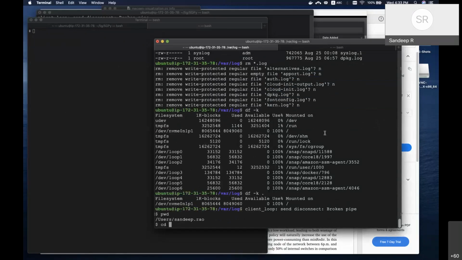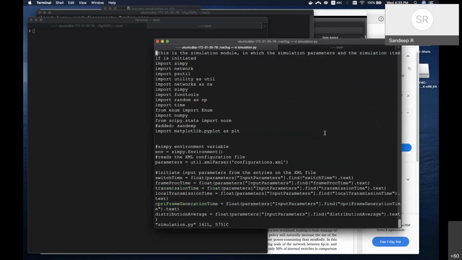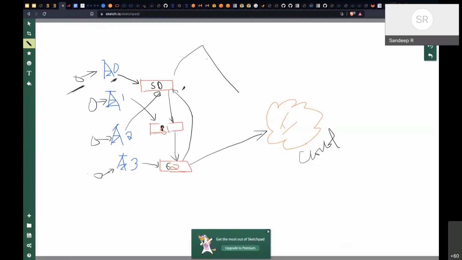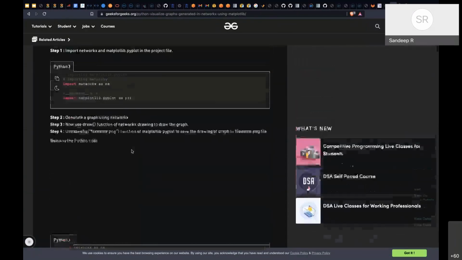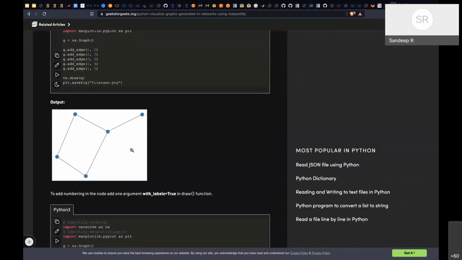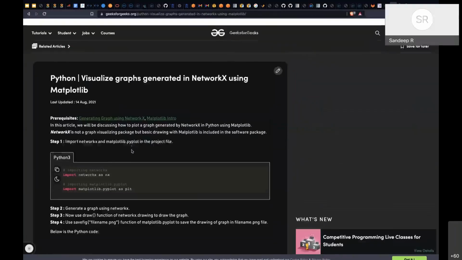CD 5G. Okay. So yeah, here, one thing I've done is I've imported another utility called matplotlib. The good thing about matplotlib is that you can actually create a graph, something like this. This is a very simple graph visualization in Python. So this is an example.